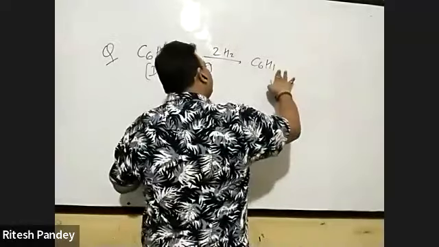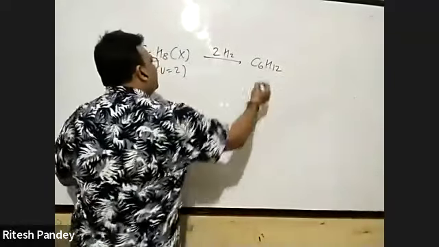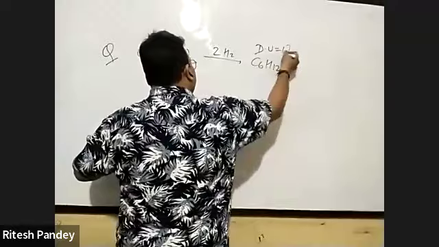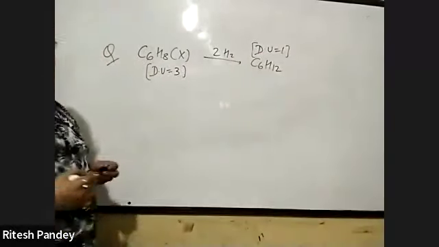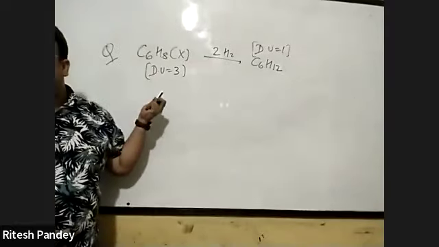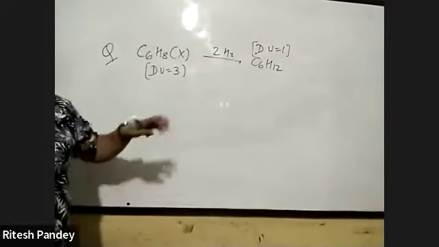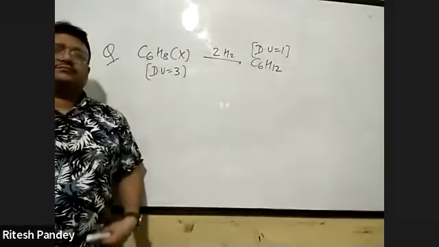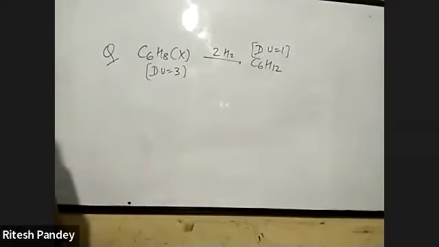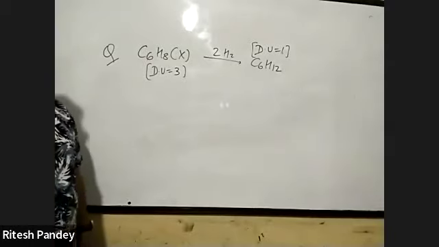This is giving you C6H12 only. I'm sorry. यहाँ पर डिग्री ऑफ अनसैचुरेशन 3 है. 3 था डिग्री ऑफ अनसैचुरेशन और 2 मोल ही हाइड्रोजन लिया. व्हाट डज इट प्रूव? सॉरी,